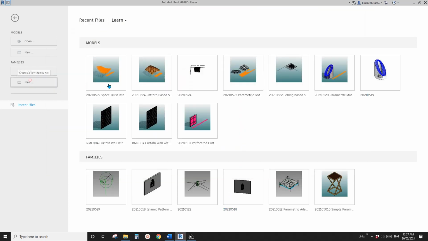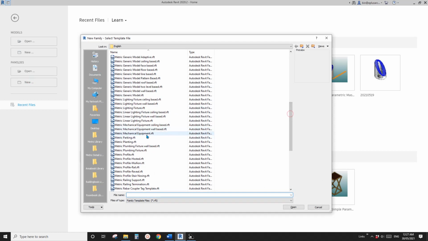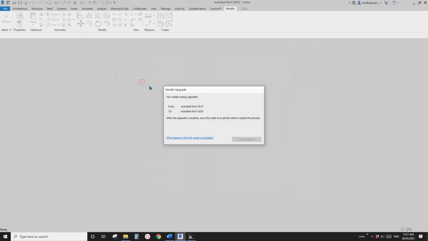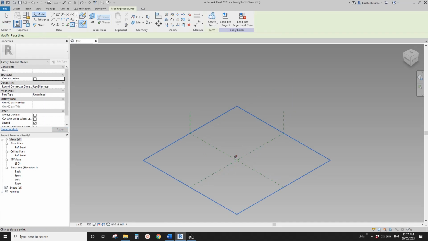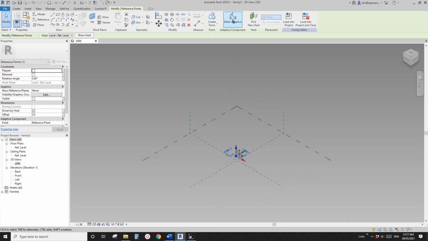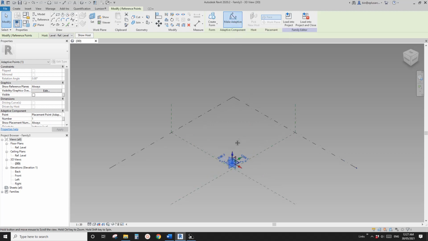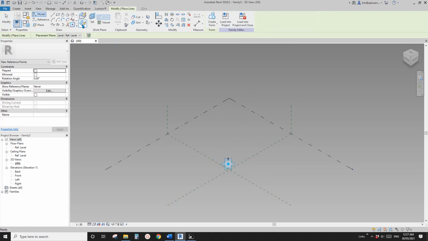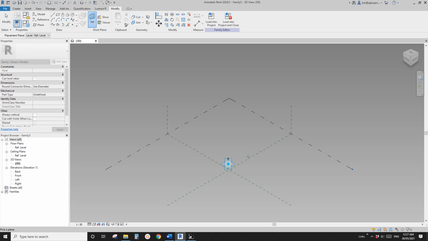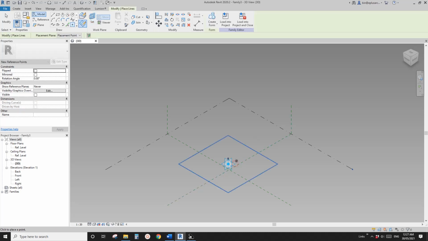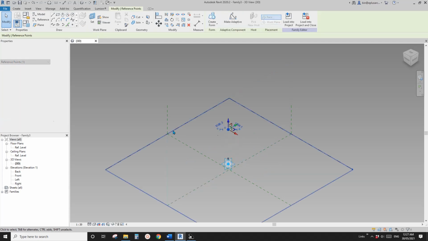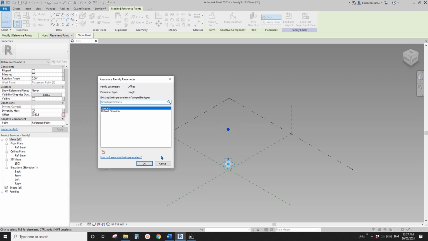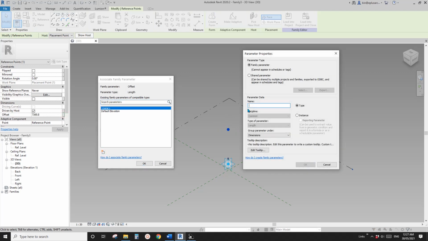So first, let's create a generic model, adaptive, and so place one point and make it adaptive, and then place another point, draw a work plane, set work plane. So pick the horizontal work plane and place it on point 1. Then we can drag this point up, and also we can create a parameter. Let's call it H